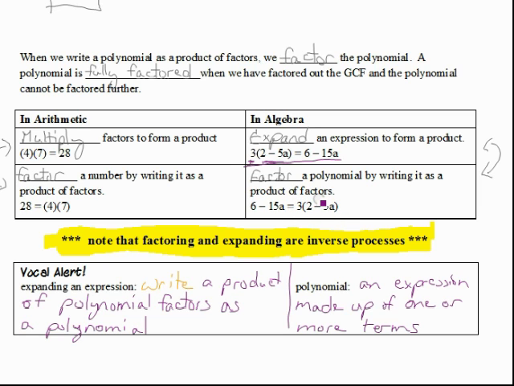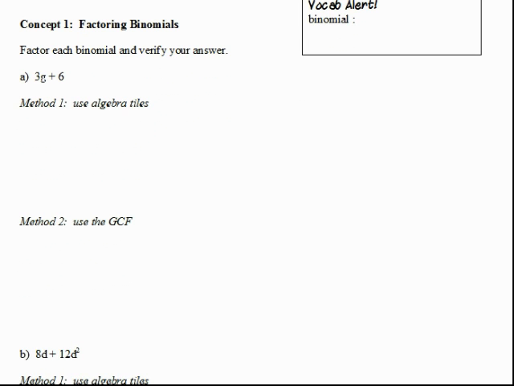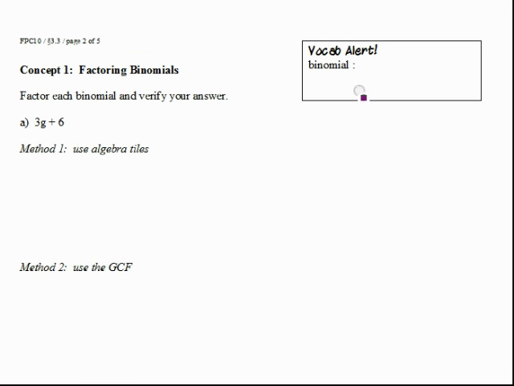It's just got a single term. Okay? So let's go and factor some polynomials, because that's what this is all about. Vocab alert, a binomial is a polynomial of two terms. Okay, you did learn that last year. So we're going to factor these